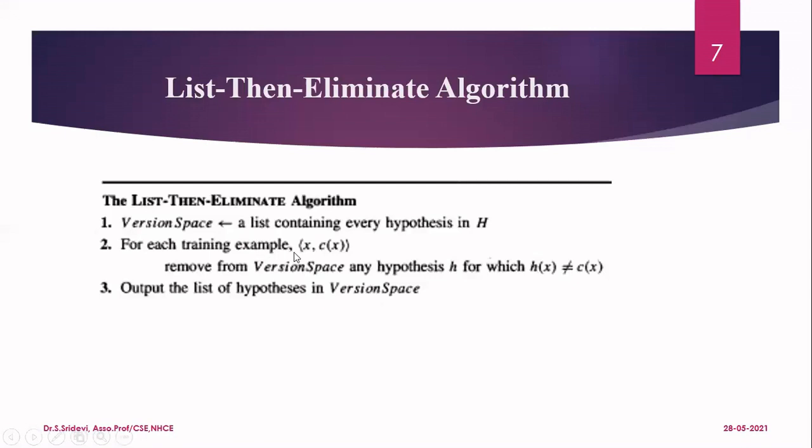What you are now going to do is check whether this particular hypothesis is consistent for the given training data set. If so, you will keep it. If it is not consistent, that means you give this X as input to the hypothesis, and it will predict some value, that is H of X. If that is not equal to C of X, it means that the hypothesis is not consistent. So in that case, you remove that hypothesis from the version space. You are eliminating now. Do this for all the training examples in your data set. Once you finish checking all the training examples, finally you will have your list of hypotheses available in the version space. That is your answer.